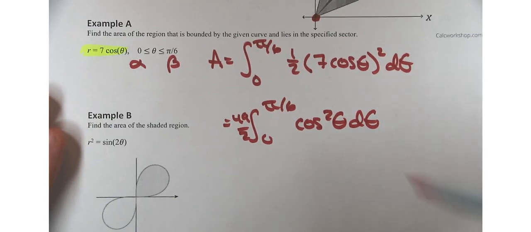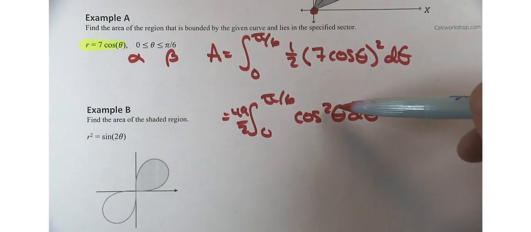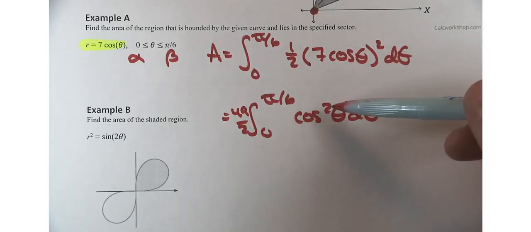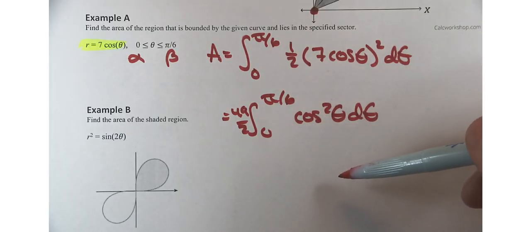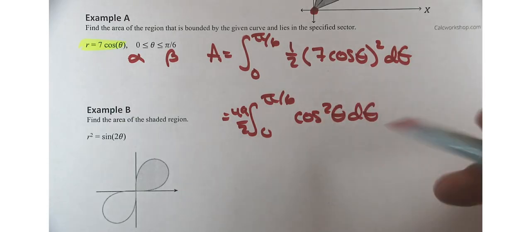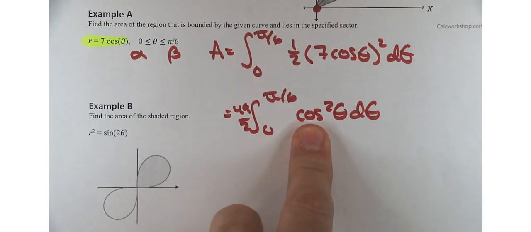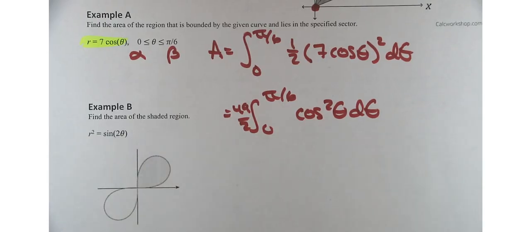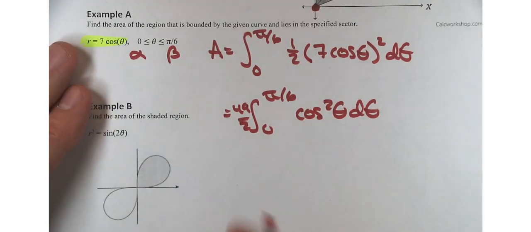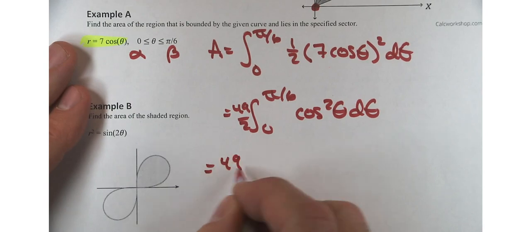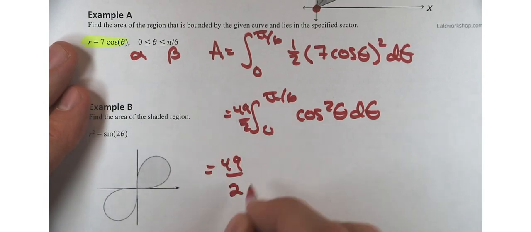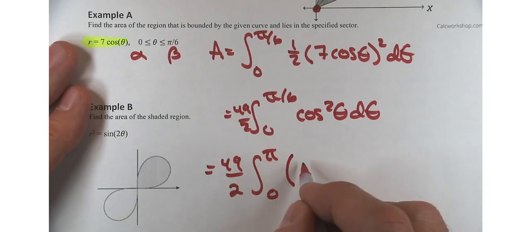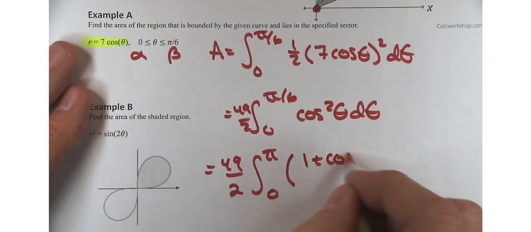I was mildly distressed when I was grading a few exams and people wanted to integrate that like a polynomial term. It doesn't become like cosine cubed of theta over 3 or sine cubed of theta over 3. Instead, what we have to use is a double angle formula for this one to get rid of that cosine squared part. Does anyone remember what that cosine double angle formula would look like? Or half angle? Go ahead. 1 plus cosine of 2 theta